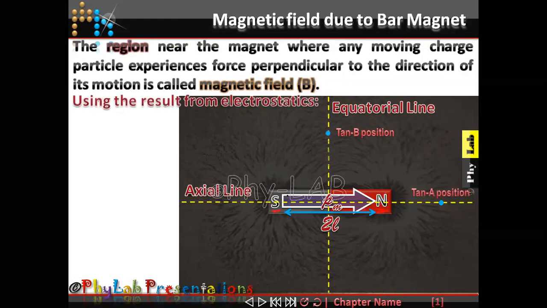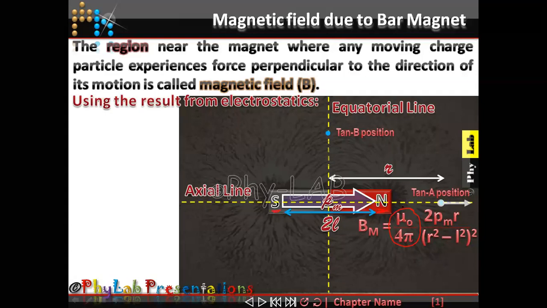Now remember the magnetic field, I am using the same result that we have derived from electrostatics. So for any point situated at a distance r from the center of the magnet at axial position, the field is given by the formula mu naught upon 4 pi, 2 pm r upon (r square minus l square) whole square. What you are observing is that here I am using the constant of magnetism. In electrostatics, the constant of proportionality was 1 upon 4 pi epsilon naught. For magnetism, the constant of proportionality happens to be mu naught upon 4 pi.